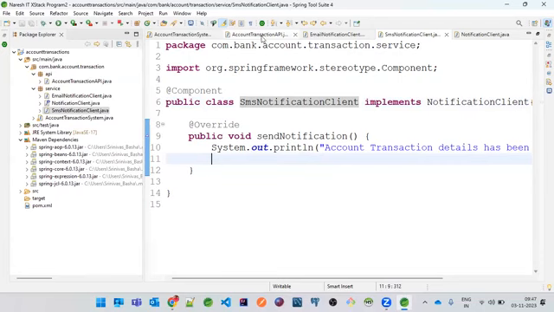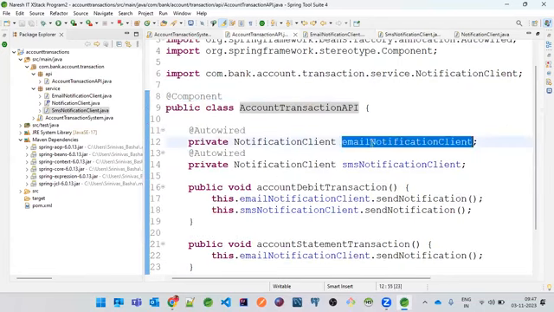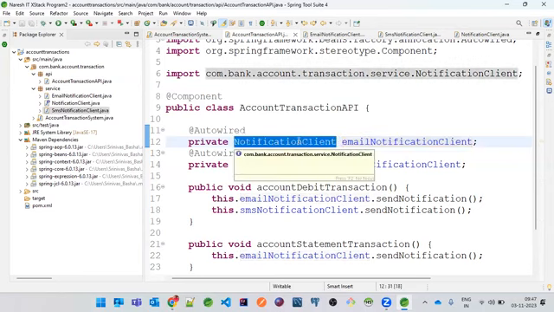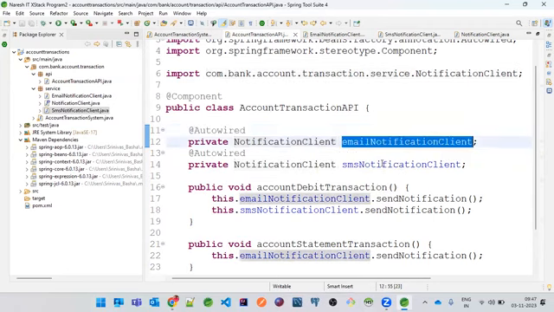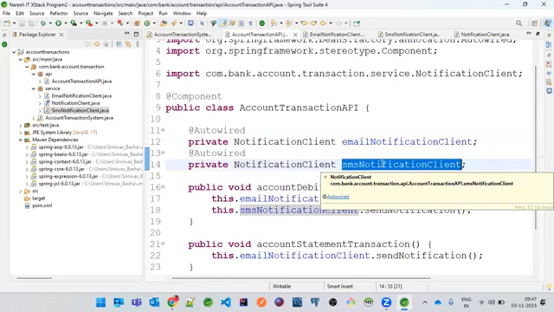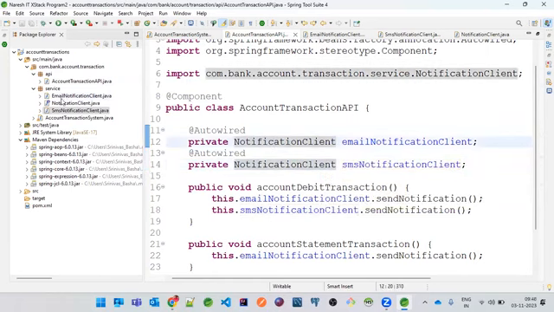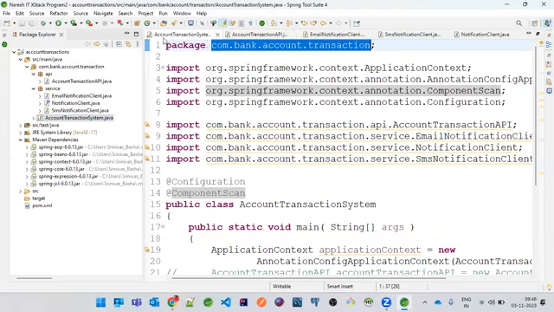And we don't have to call new objects to set the implementation class object to this interface. We cannot do that, right? So we can use @Autowired, which will set this email notification client and the SMS notification client by the Spring framework itself. Now, if I just go to this account transaction system,